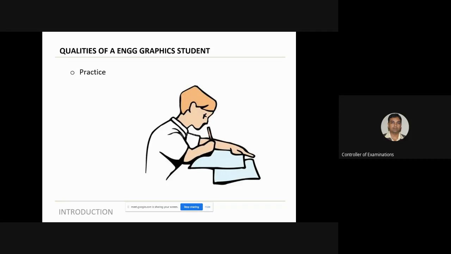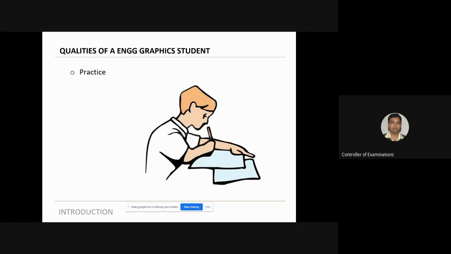And of course, practice. It's a new subject. And it's a drawing subject. It is not that you can just listen to it and then on the day of the exam you can start drawing it. That will not happen. You have to regularly practice the problems, practice the concepts. Only then you will be able to draw it at a faster pace. Because if you see the IA question paper or even the final exam question paper, always students find shortage of time. Some students do it extremely fast. Some struggle because there is lack of practice.